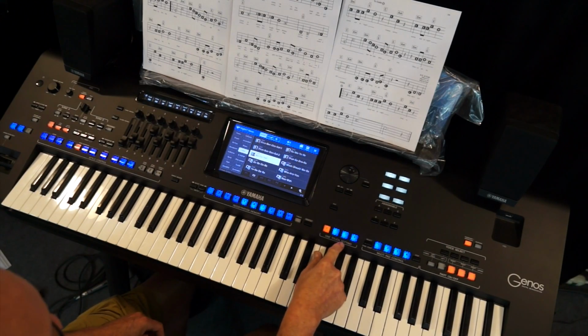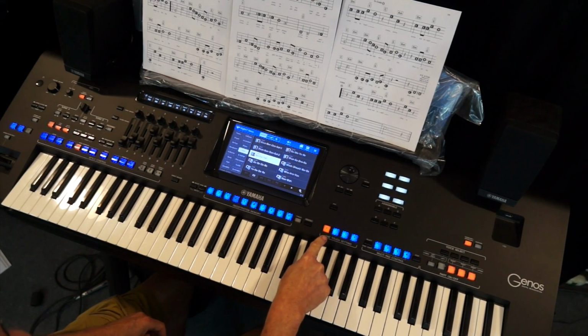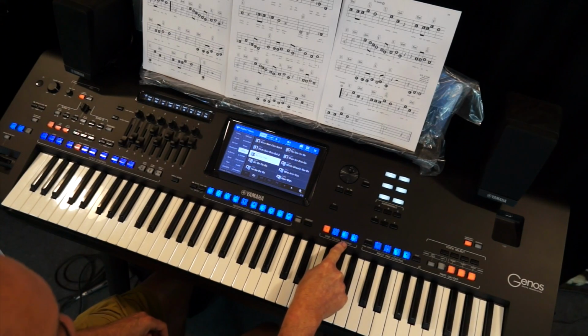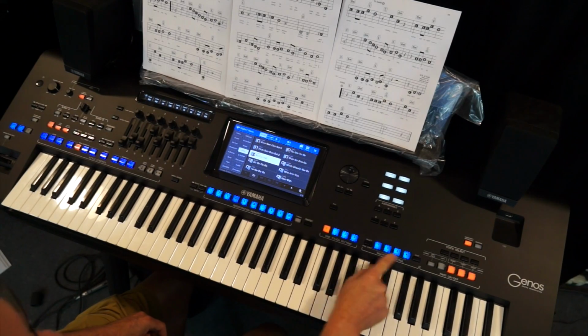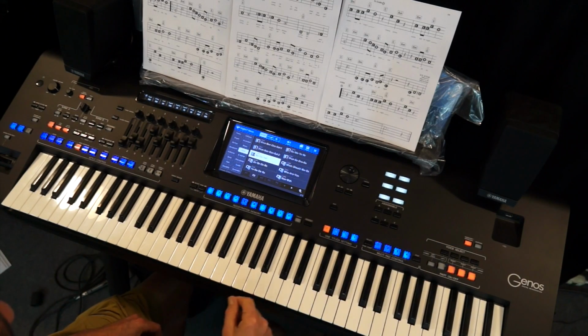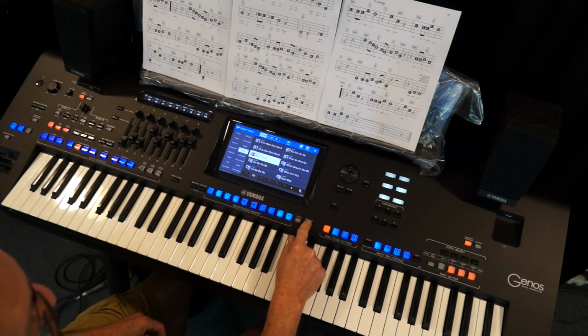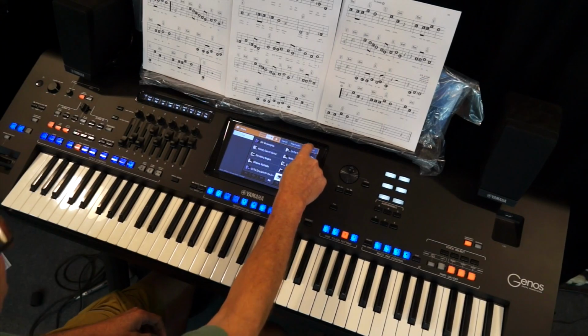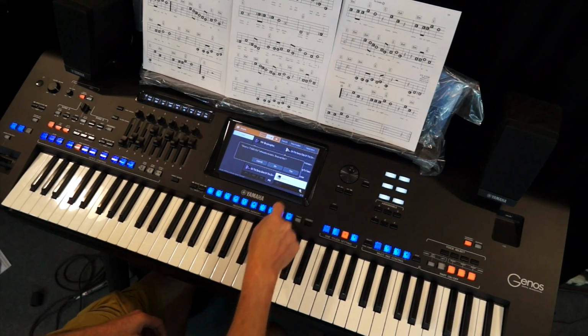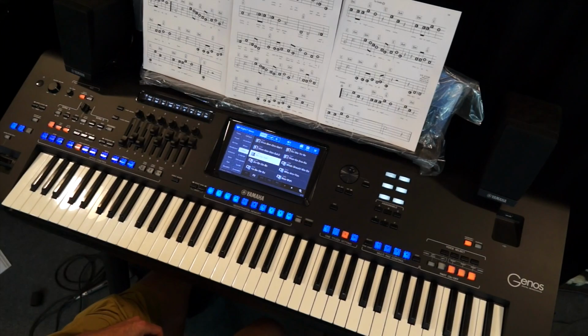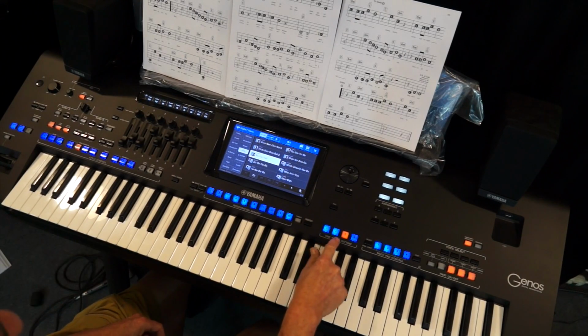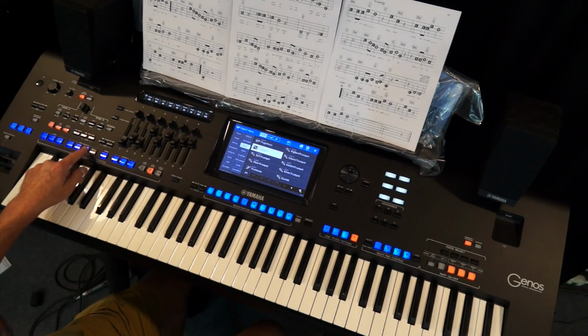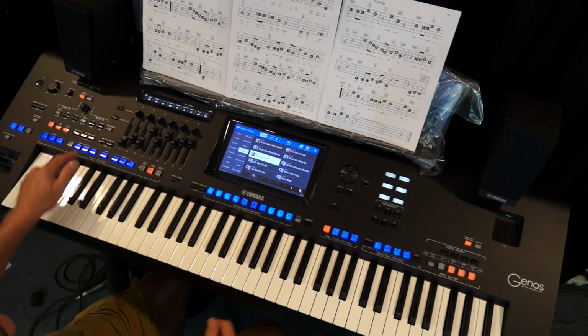Okay, so number 3, I think I'm going to use the same one I have in 1 in number 3. So I'm just going to leave my 1 on here, and keep in mind I changed it to full chord and all my settings are there. I'm going to hit memory 3. And of course OTS, we're saving under Sherry, yes, and you can put anything in there that you want. But now I have my complete settings for the entire song for Sherry right here, and I only have to